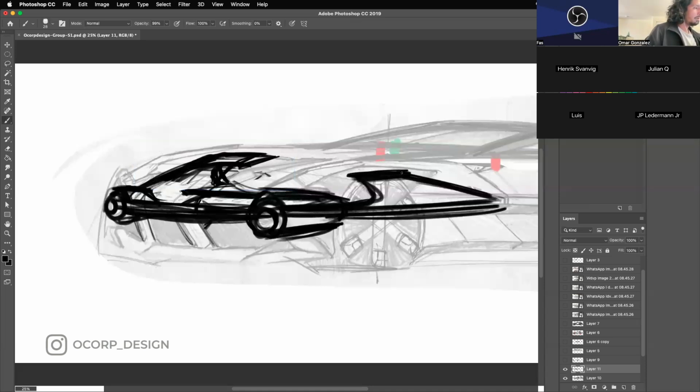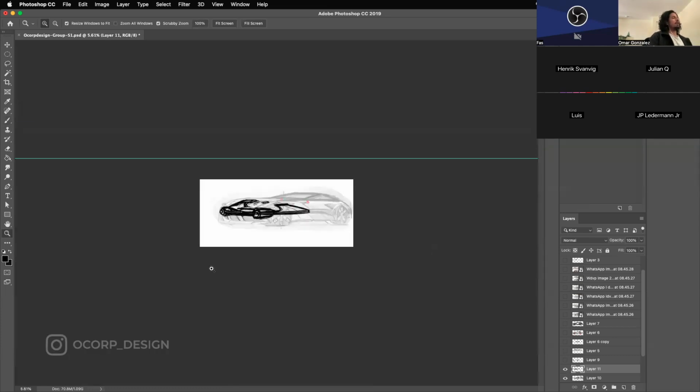That is just part of it. You clean up later, but you need a rough idea first. You first need to do it quick,